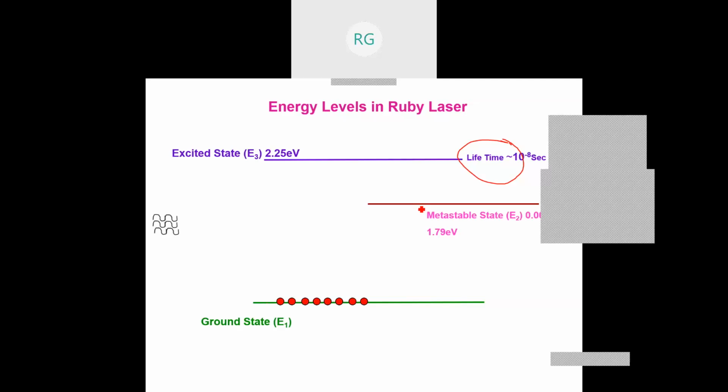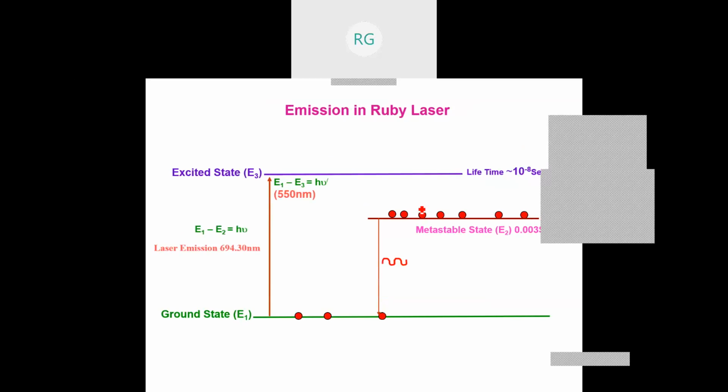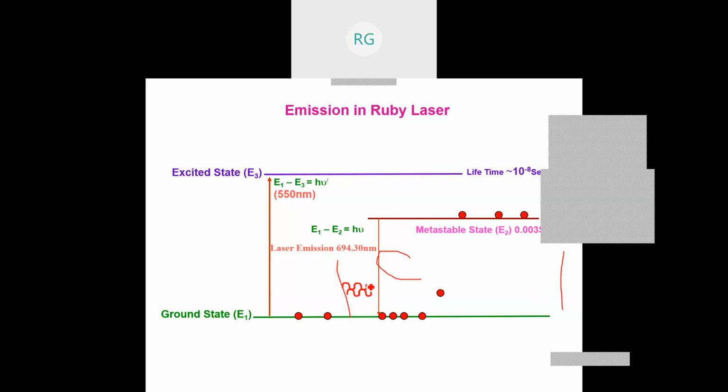But the transition from E3 to E2 is non-radiative. Only heat will be dissipated between these two levels; no radiation comes out of it. When an atom drops like this, it gives you one photon. This is now the initiating photon that goes up to here. I keep a mirror, it gets reflected. I keep another mirror, it gets reflected. And thereby, in one trip, one more atom will fall and one more photon will come.